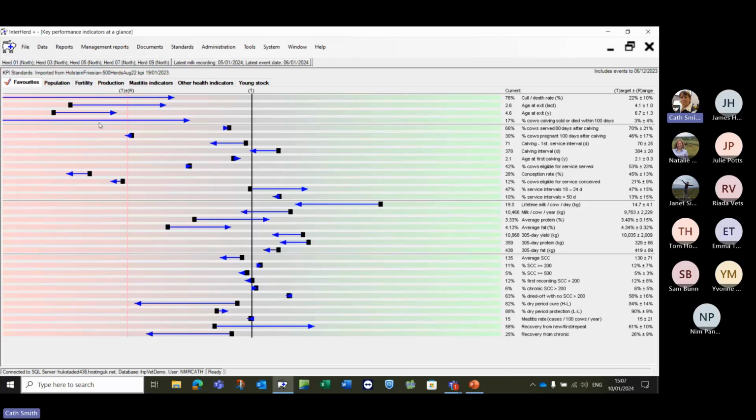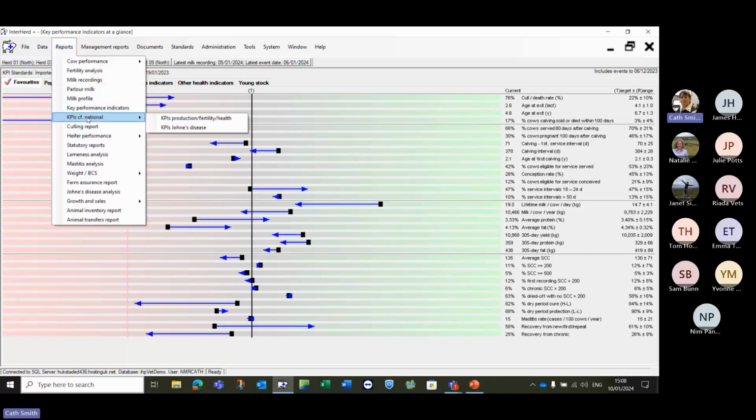Now that functionality right there has always been available. So something on InterHerdPlus, you have always been able to multi-select herds and then view, maybe not the KPIs so much, but you can certainly view from an enterprise, from a client perspective, all of those herds as one. So that true multi-herd functionality is there right now if you were to look at your data today. So what we can do with this now, if I go back to my KPIs, looking at the Johnes again,